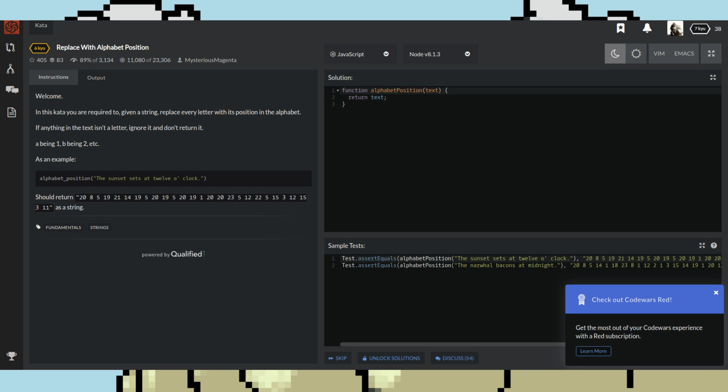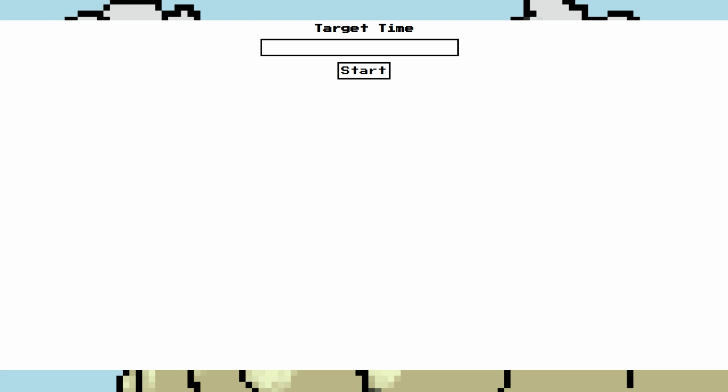So the example it gives is the sun sets at 12 o'clock, and it gives the position in the alphabet of each of those. So let's go ahead and set our time for this. I think I can get this done in 30 minutes. All right, so